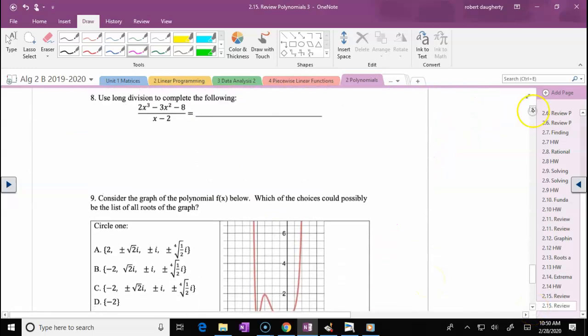Use long division to complete the following. Okay, so I'm dividing x minus 2 into 2x cubed minus 3x squared minus 8. So what do you multiply x by to get 2x cubed? That's 2x squared. So when I do that, I get 2x cubed, and then I get minus 4x squared. Subtract all of that,